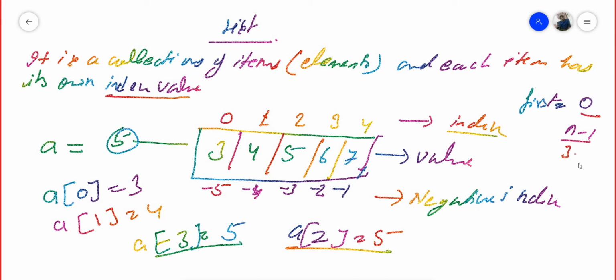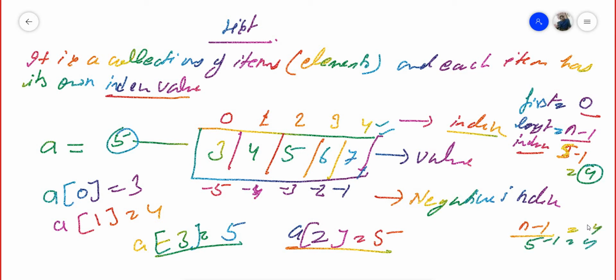Suppose here the number of terms is 5. So the last index number is 5 minus 1, which is 4. ठीक है, तो लास्ट इंडेक्स नंबर क्या हुआ? n-1 is equal to 4, means 5 minus 1 is equal to 4. In this manner you can find the index number. This is clear?